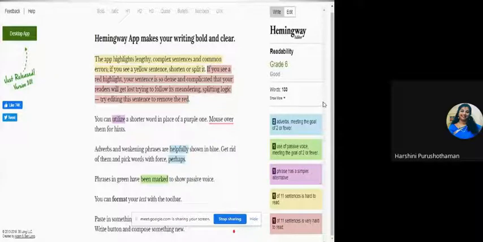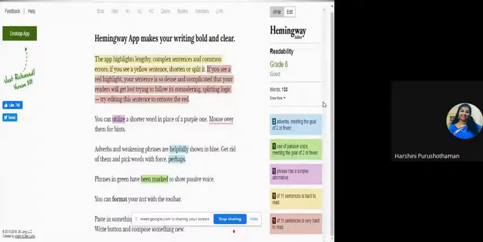If it is an orange color, the app highlights lengthy, complex sentences and common errors. If you see a yellow sentence, shorten or split it. It will be given on the right side what the colors actually mean. Then accordingly you have to change.